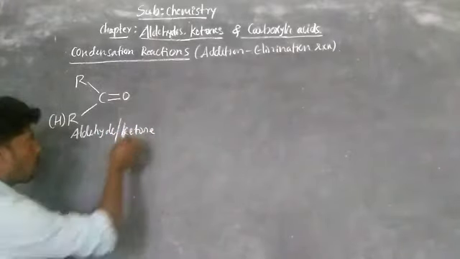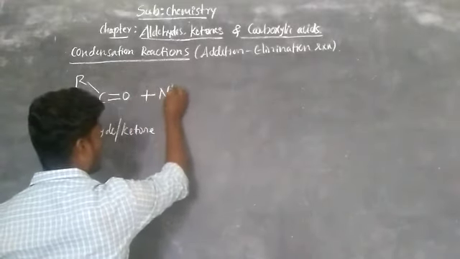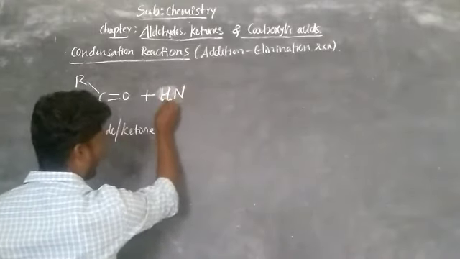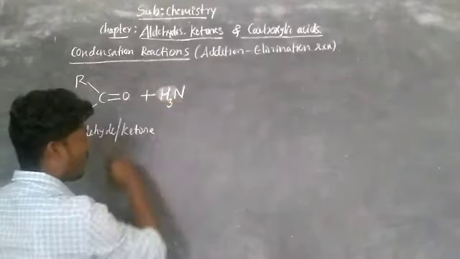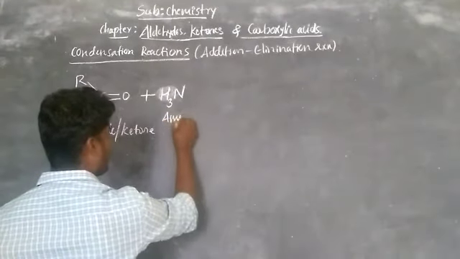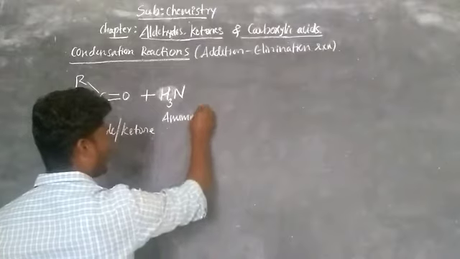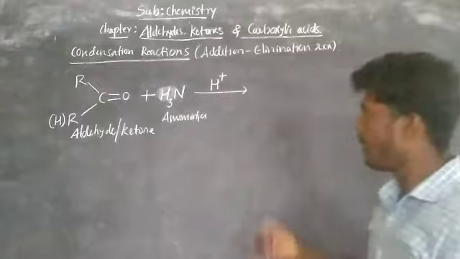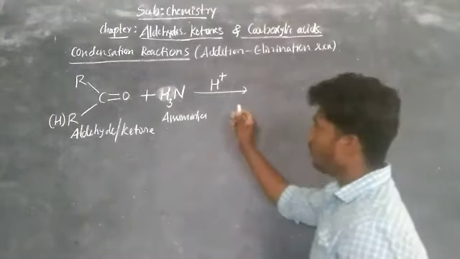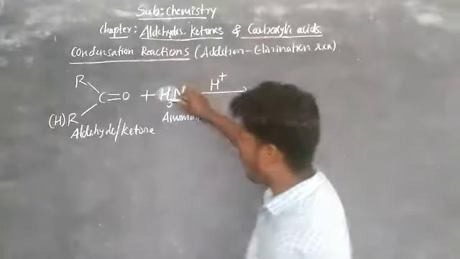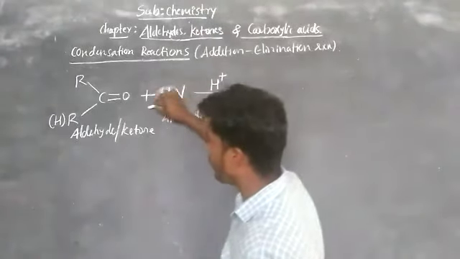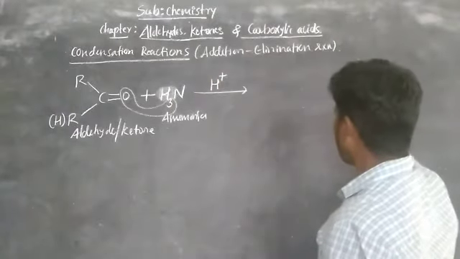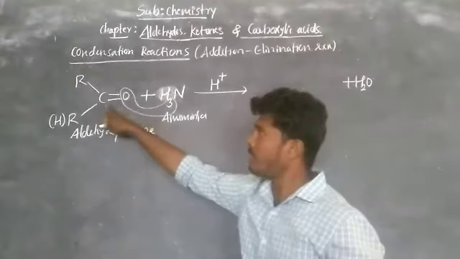These carbonyl compounds react with ammonia, NH3. Either you write NH3 or H3N, that is ammonia. This ammonia reacts only in the presence of a slightly acidic medium, meaning slightly acidic in nature. Now condensation takes place. Condensation means removal of water. Here there are 3 hydrogens. Out of 3, 2 hydrogens and the oxygen become water, that is H2O. And the remaining is C double bond.